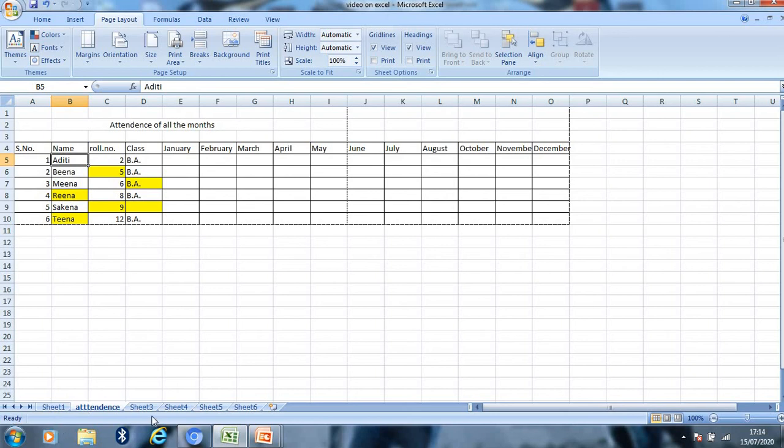Inserting and deleting a worksheet. As I told you earlier, for inserting a worksheet, just click on the insert worksheet button and the sheet will be inserted to your workbook. For deleting a worksheet, just click on the sheet tab which you want to delete. For example, I want to delete sheet number 6.